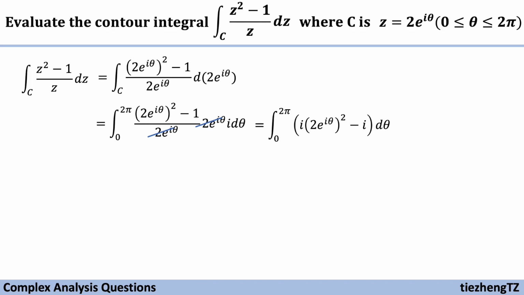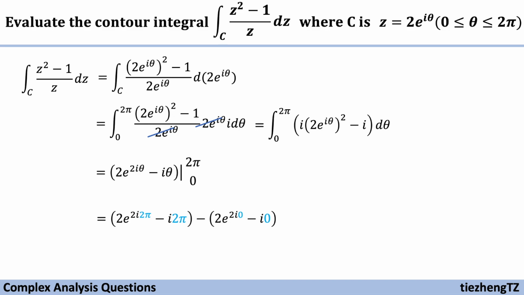So like the previous two example questions, we need to find the antiderivative of this function, which is 2 times e to the power of 2i theta minus i theta from 0 to 2 pi. And then the next step, we just need to substitute theta with 2 pi and 0 and do the math,